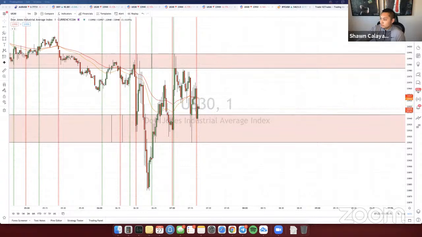Nice, Steven. You said you closed and made 27 bucks using a smaller lot size. Yeah, if you guys want to trade today, I recommend using a smaller lot size because the way the market's moving, it's going to be really, really erratic. So you want to be able to handle the risk if price keeps bouncing back and forth. You don't want to take big lot sizes right now because the market's not moving smooth at all. Me personally, I think it's going to be bearish for the day.